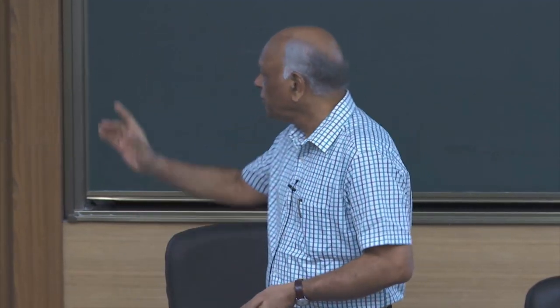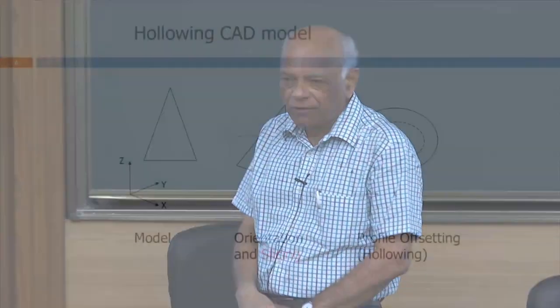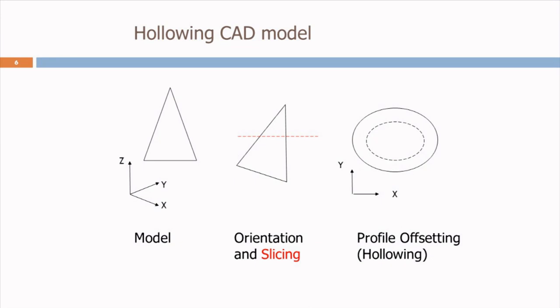Now if you look at this, it shows the typical situation of hollowing. You have a CAD model which is designed in the three-dimensional space XYZ. The part is oriented, as you go to the middle of the figure, and on the oriented part you do a slicing with a plane parallel to the base of the machine, namely the XY plane. That red line gives you the slicing plane, and the slicing creates a profile in the XY, which is the build layer or the slice layer. Hollowing is the process of offsetting the outside profile inwards, or imploding it, in such a way that you are creating a shell, and this shell essentially sustains the part. So hollowing is nothing but a profile offsetting operation.